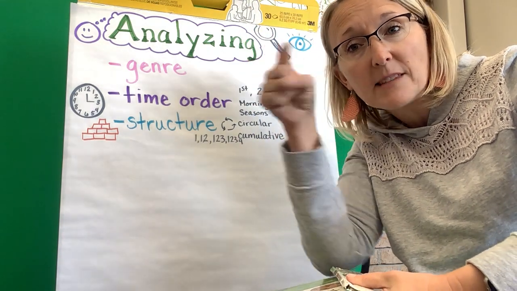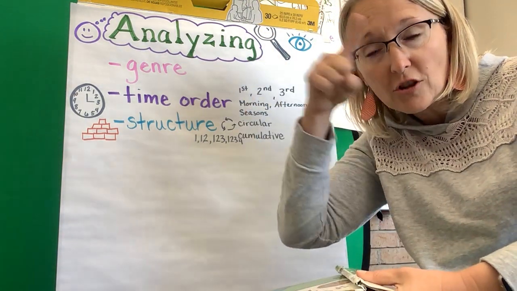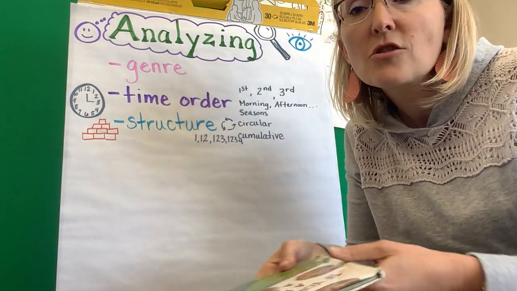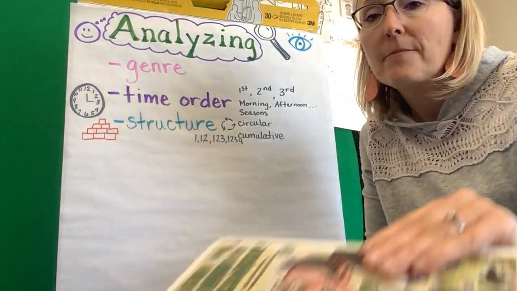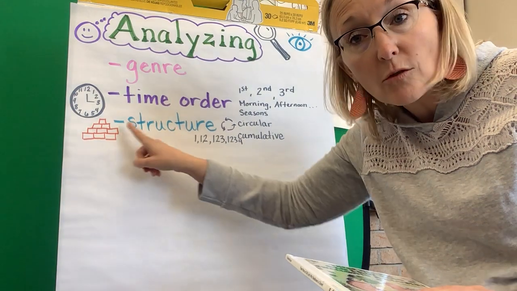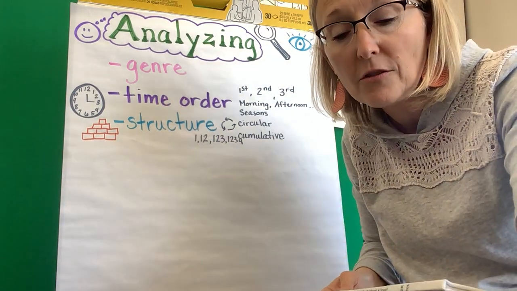We got right back to the beginning again. It went full circle, called a circular story. All right. Now, the next structure or way you could build a story that I'm going to show you is